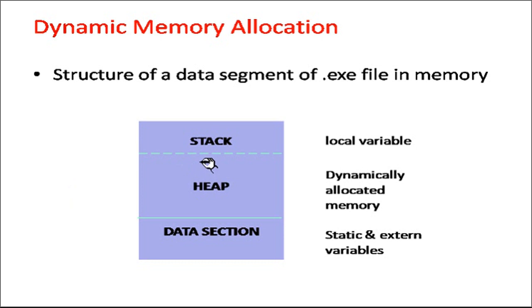All the local variables are stored on the stack, and all the global and static variables are stored on the data section. The heap region is reserved for variables which are dynamically allocated. In C programming we achieved this using malloc and free, declared in header file alloc.h. So if you are asked where dynamically allocated variables are stored, the answer is the heap.